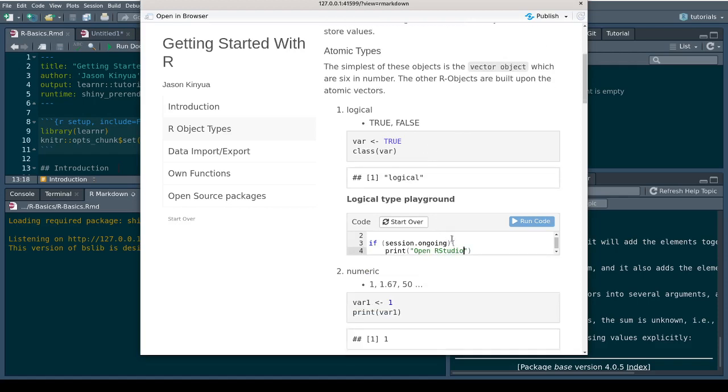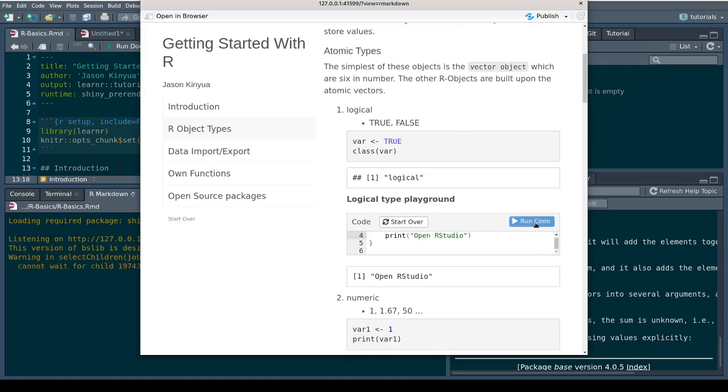Let us execute our code and see what happens. Because the session is ongoing, it says open RStudio and follow while coding. So that is the use of Boolean types.